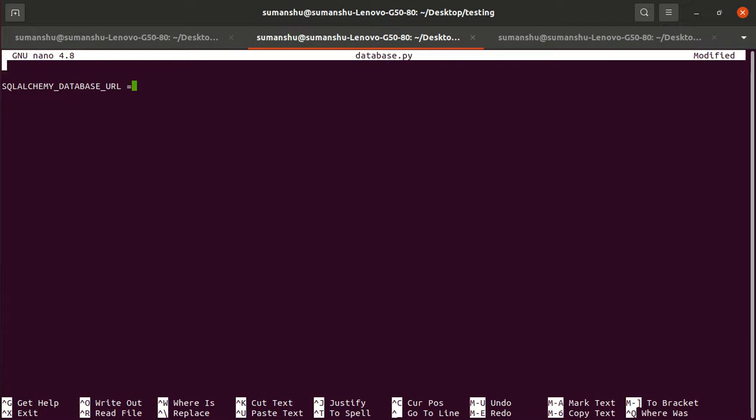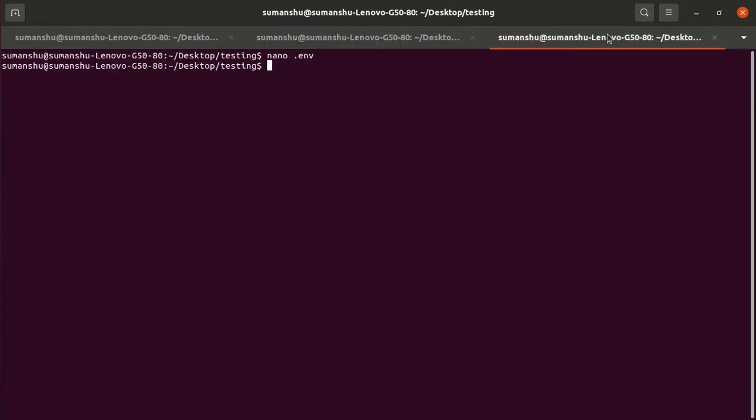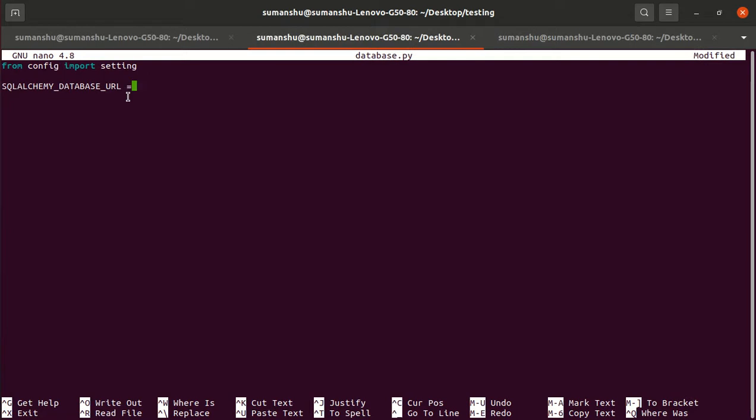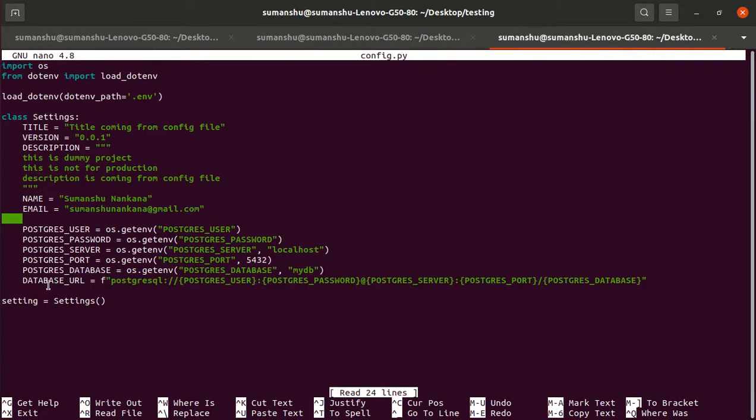So we have to read it from the config file: from config import settings. If I open the config.py file with nano, we have already defined the database URL there, and we will import it from this config file.